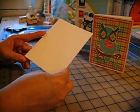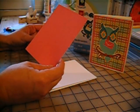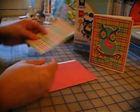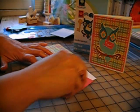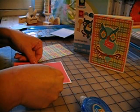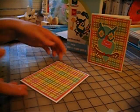Okay, so this is the standard A2 card. It's 4 1/4 by 5 1/2, and my two mats are 4 inches by 5 1/4 and 3 3/4 inches by 5 inches. Okay, so I'm going to stick those down first. Okay, so there's the base of our card,